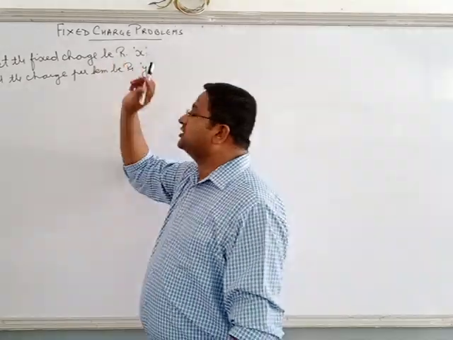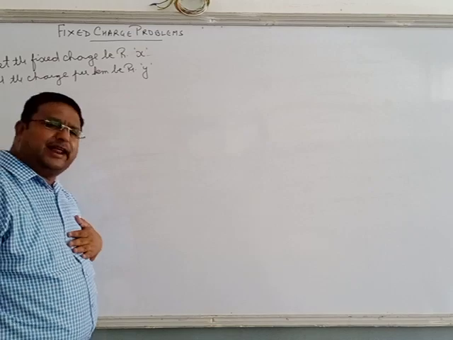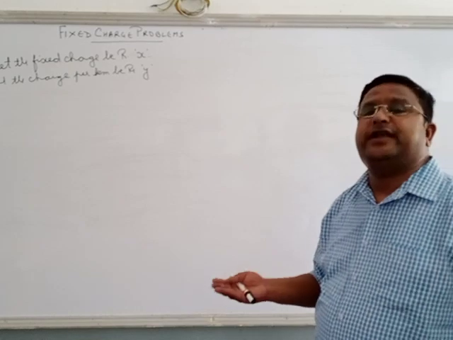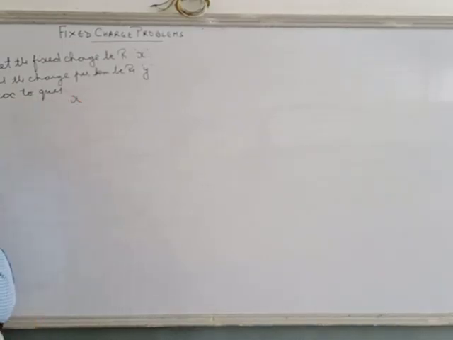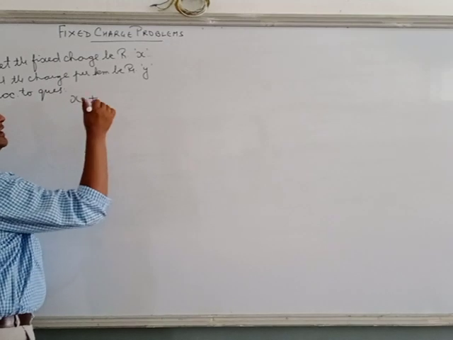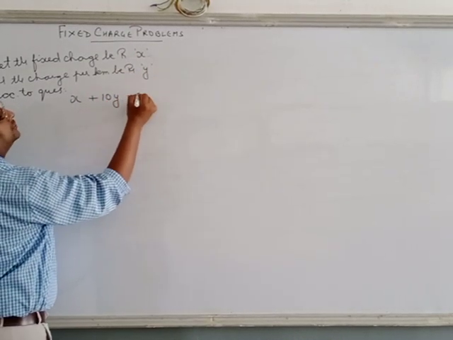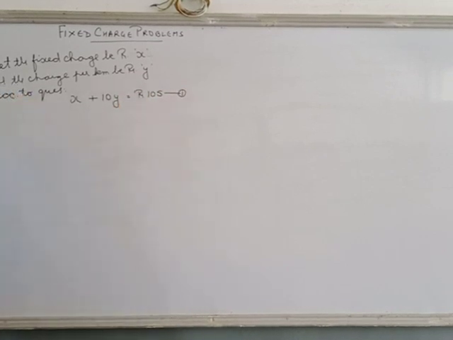The same thing is here, charge per kilometer. For 1 kilometer, the charge is Y rupees. If I travel 10 kilometers, I have to pay 10 into Y. If I am traveling 15 kilometers, 15 into Y. So what does he say? For a distance of 10 kilometers, the charge paid is 105. According to the question, first is X, we have to pay, that is a fixed charge. Plus, for a distance of 10 kilometers, 1 kilometer is Y rupees. So 10 kilometers, 10Y is equal to how many rupees? 105. Equation number first. Yes or no?